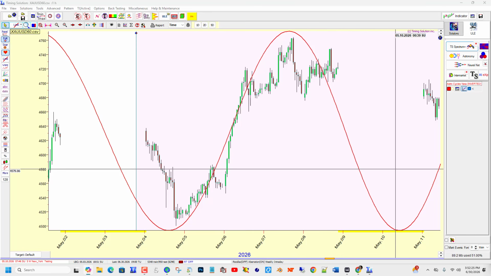Gold, XAUUSD. It's a CFD version of gold that I get through an offshore ECN broker. The data feed is free using MT4. And I wanted to point out what I'm up to with